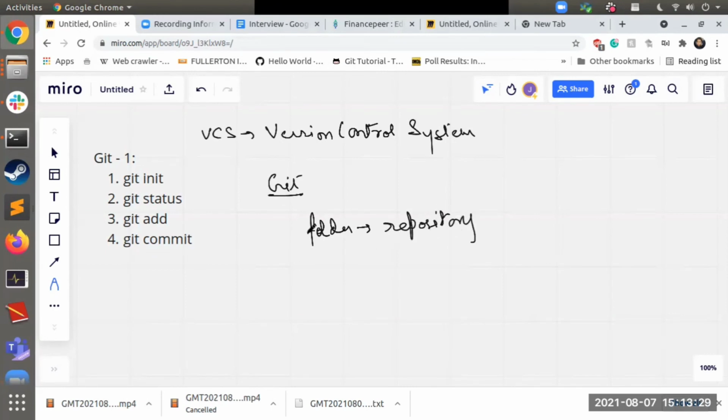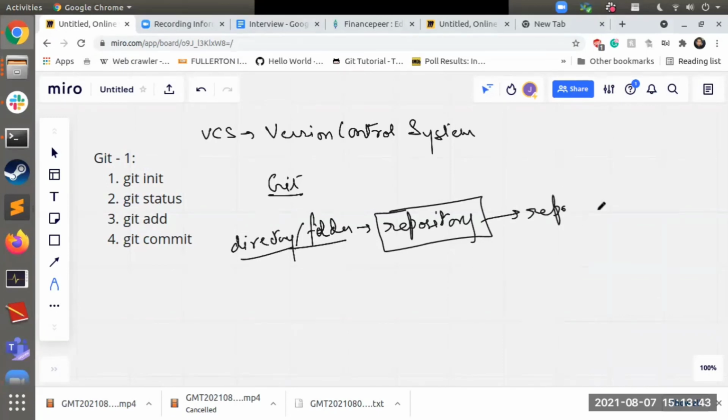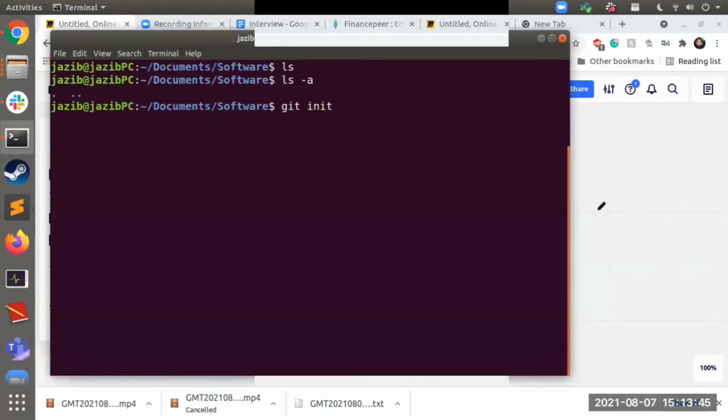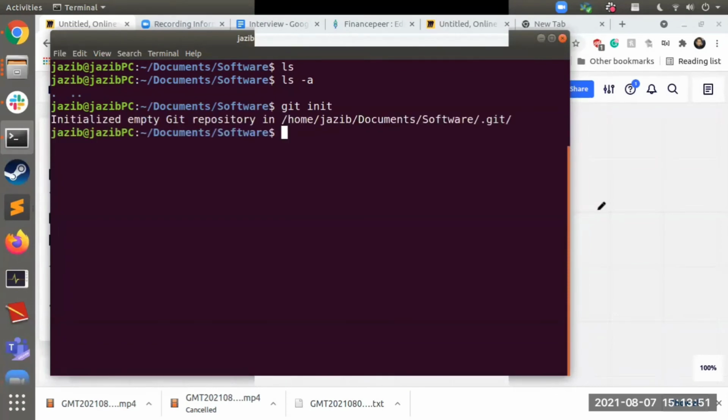We know a folder can also be called a directory in operating systems, but these folders or directories in Git are called repositories, or in short, repo. So this folder I'm going to make a repo now. When I run git init, it says initialized empty Git repository in this folder.